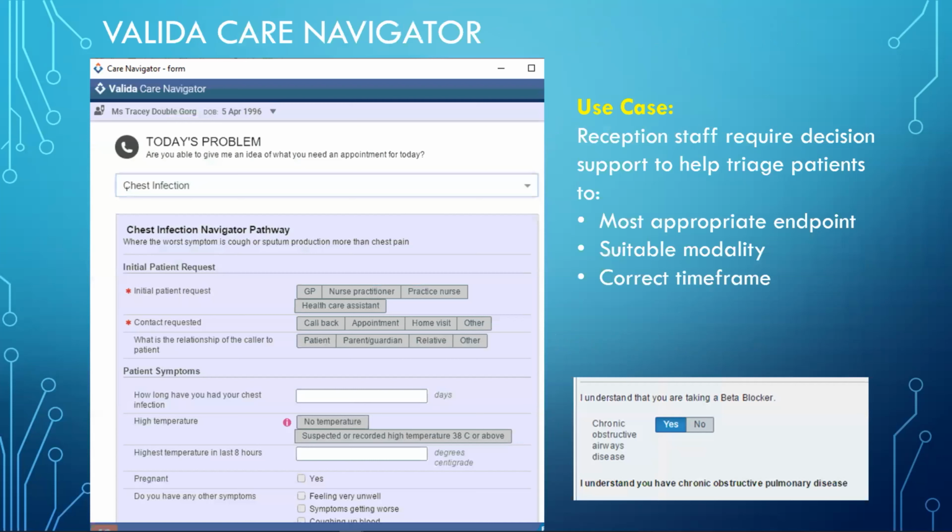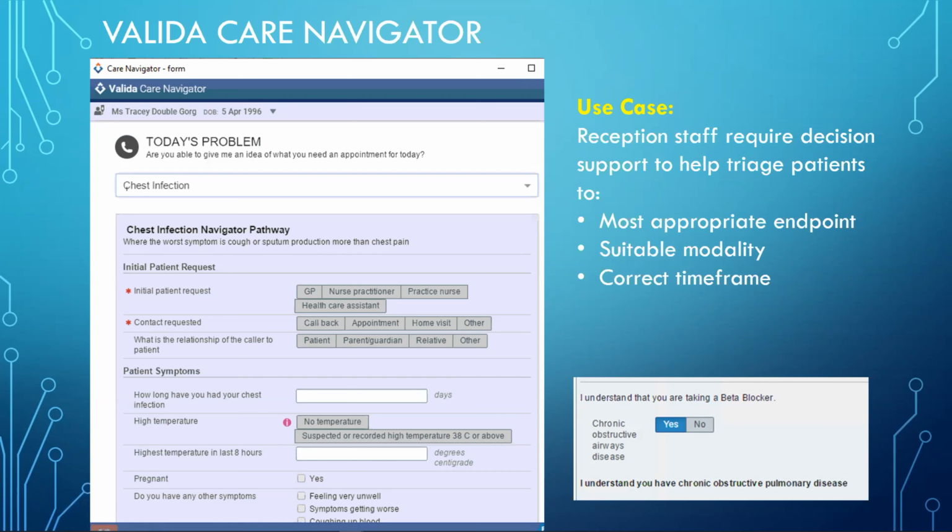So the first thing I'm going to talk about is the Care Navigator product, which Eric alluded to earlier. This was designed to help, as he said, reception staff identify what the best endpoint for a particular patient was, and they would phone up, and this, sitting on top of the GP record system, would be in the background answering a whole load of questions, and they could select any number of conditions, urinary tract infection,